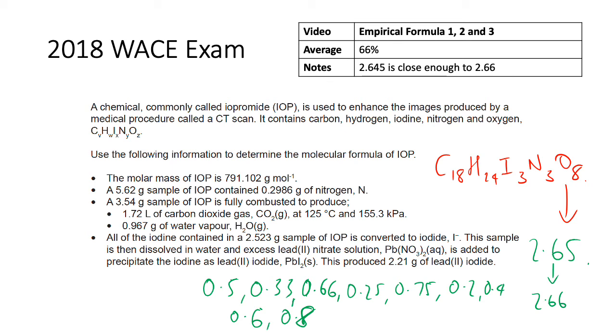And so if you do get a 0.2, a 0.4, a 0.6, a 0.8, a 0.66, a 0.33, go through your calculation again. Just make sure that you've done all the steps right, and that you've saved the numbers in your calculator right. And then multiply it out by 3, 4, 5, or 2 as you need to, and see how you go. But if I got a 2.64, I wouldn't have rounded it to 2.5. I would have checked my calculation and said, okay, it's 2.645, which is close enough to 2.65, which is close enough to 2.66, which is close enough to saying that I need to multiply it by 3. But I would have definitely checked my calculation, which would have sucked. Anyway,